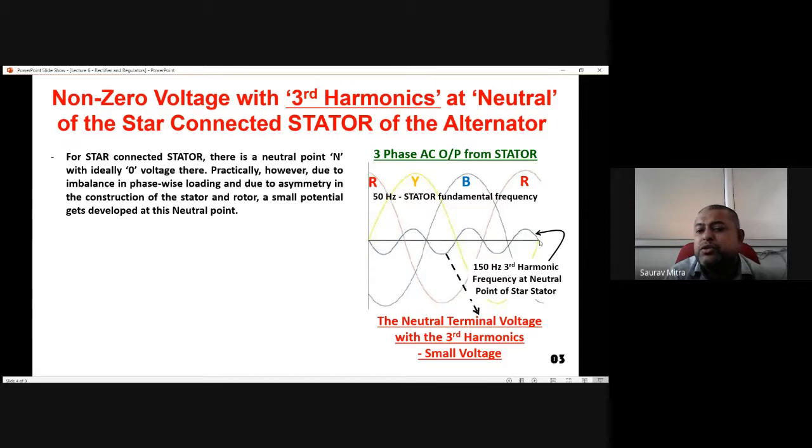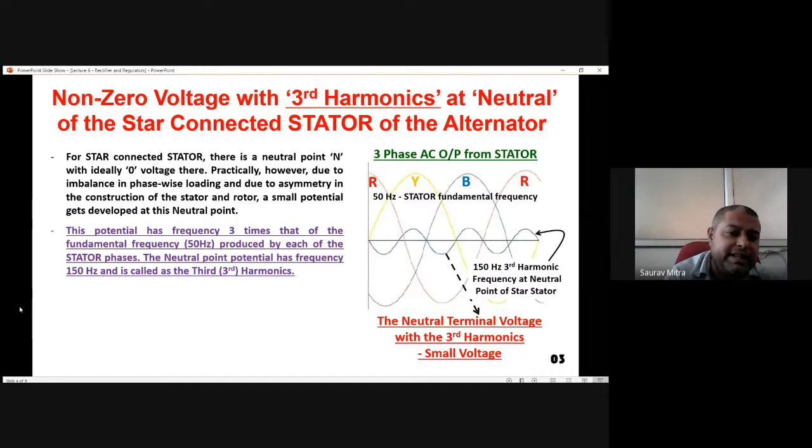connected in parallel with those six to rectify this small frequency as well. So instead of six, there will be eight diodes connected. So two diodes will be there to rectify R phase, two will be there to rectify Y phase, two will be there to rectify B phase, and two diodes will be there to rectify this neutral point voltage. Ideally, this should be zero, but practically we are finding a very small voltage.